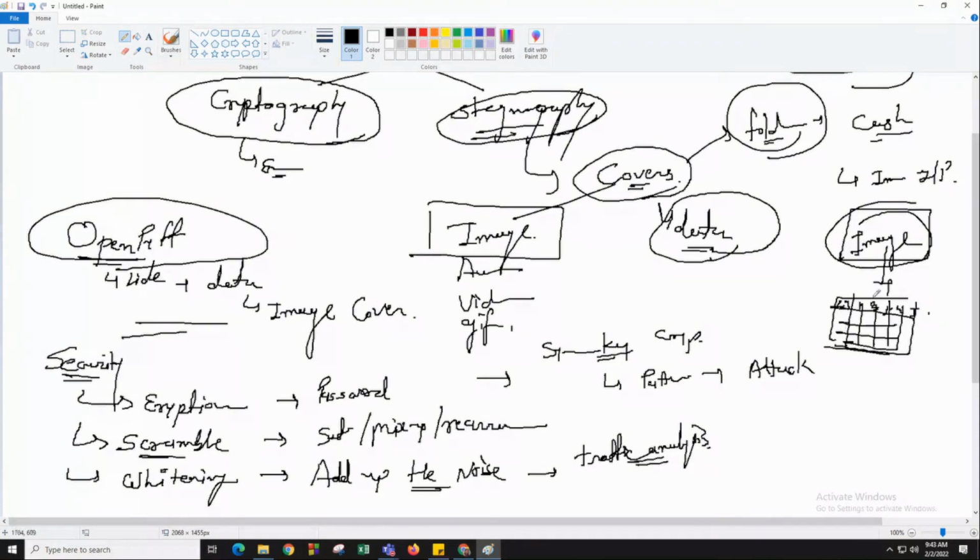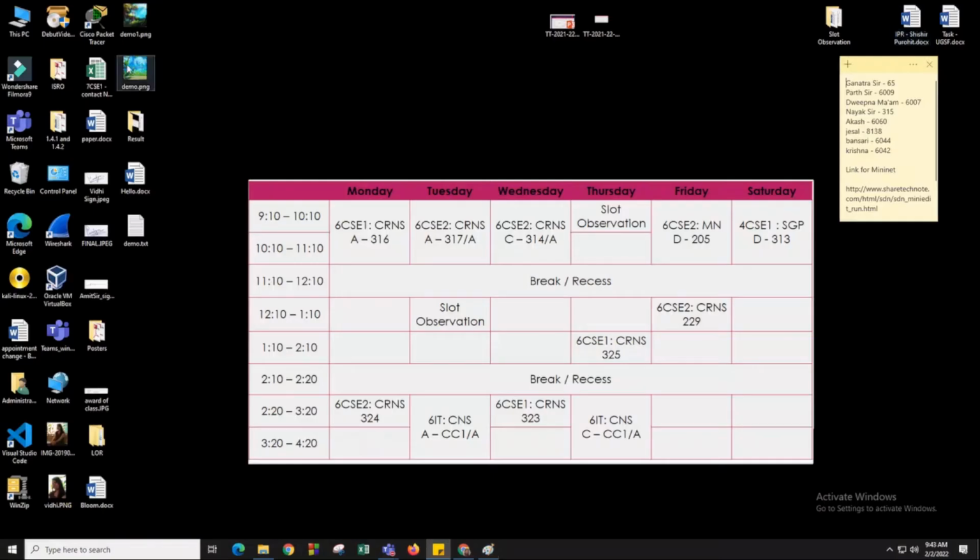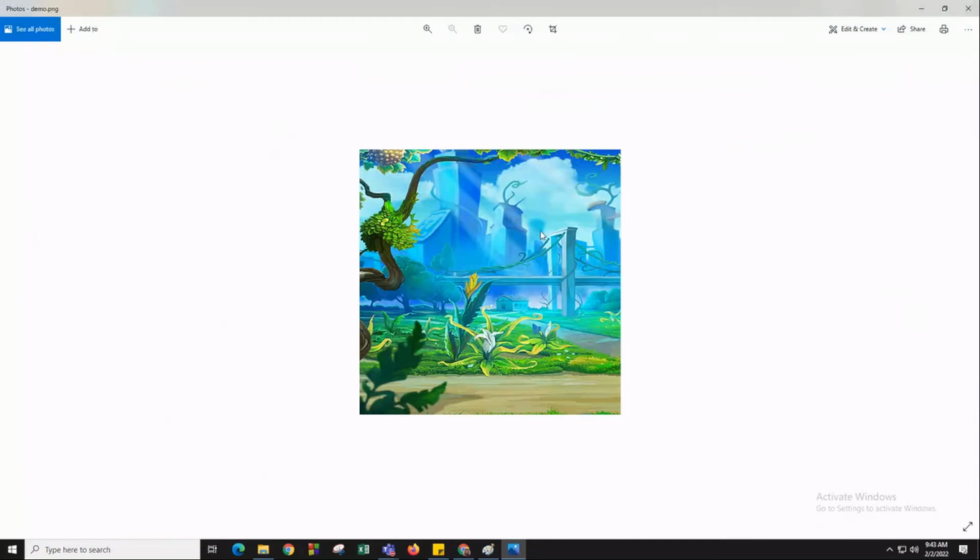Based on those numbers, the computer shows you that this is a particular picture. That means when we open pictures, this is what we see, but the computer does not see this. What does the computer see? Small pixels here, and some values in those pixels. And based on those values, it shows us this particular visualization.